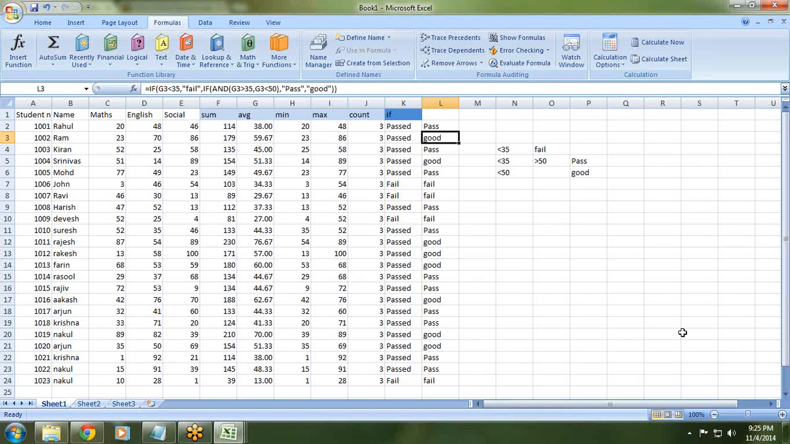Anybody who didn't understand the formula here? I think, yeah, fine then. Now,